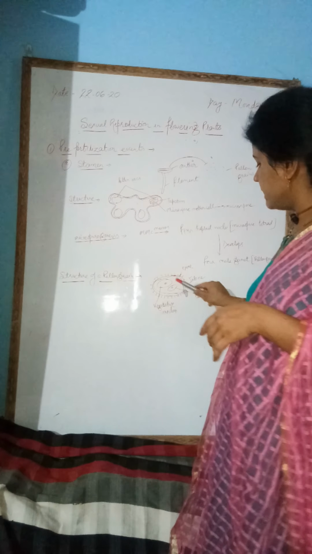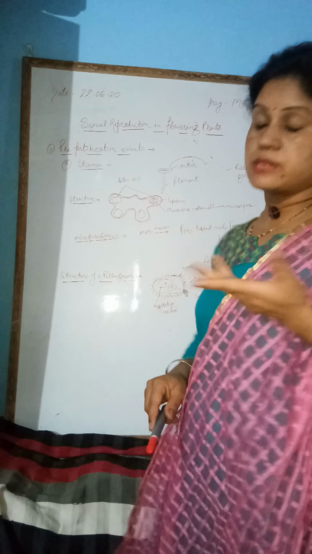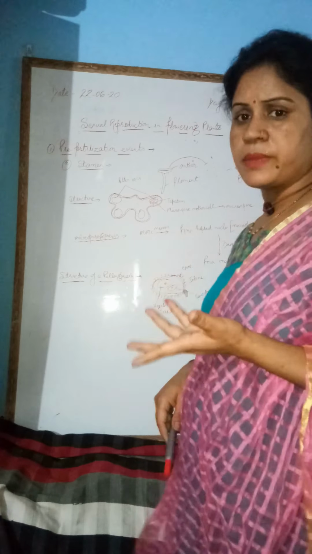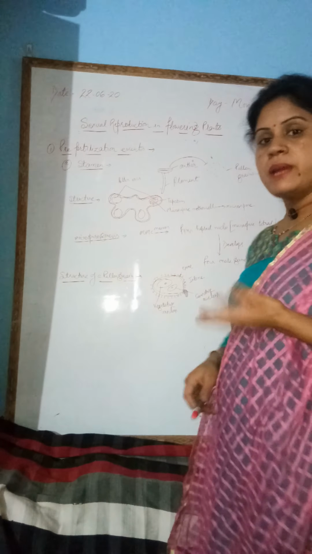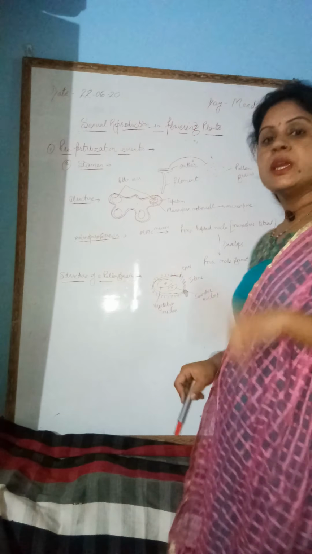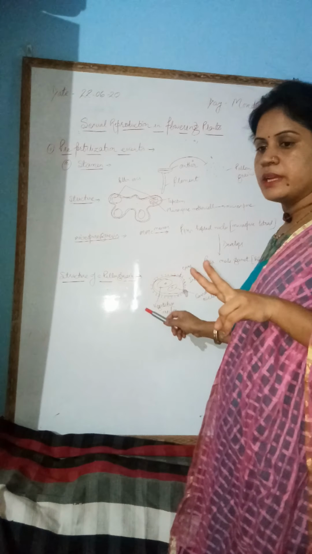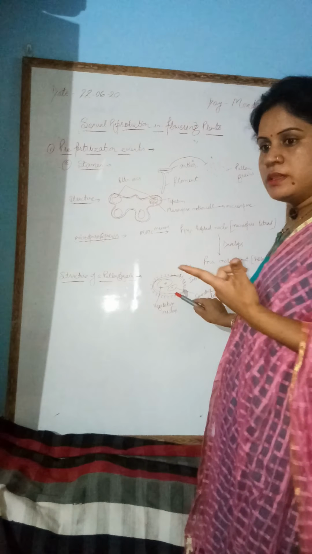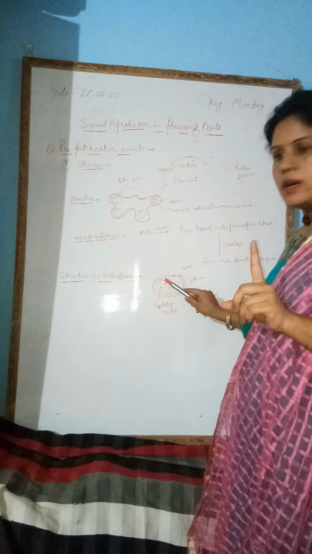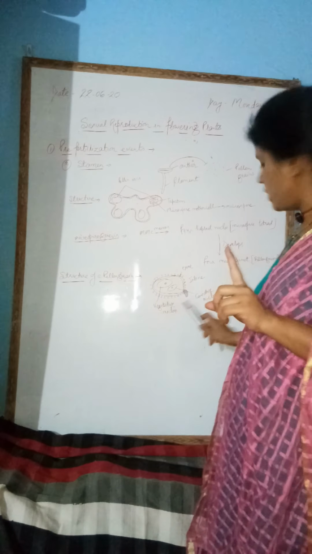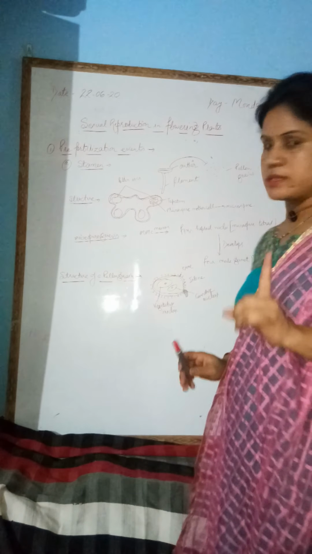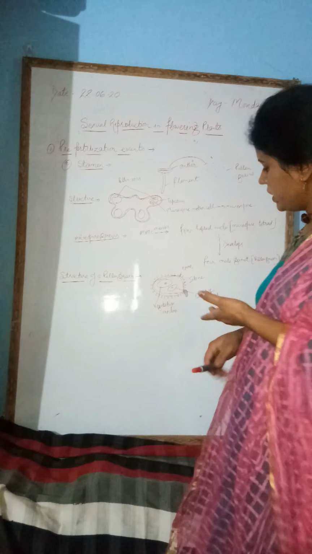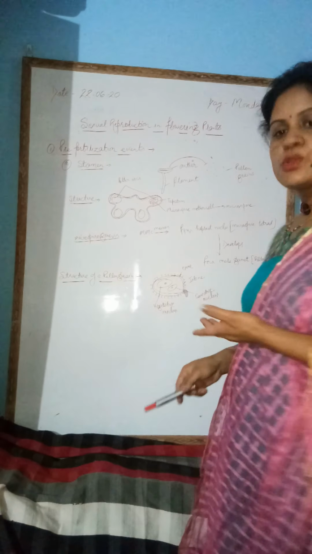Inside the pollen grain there is cytoplasm, which is very fluid, and inside the cytoplasm there are two nuclei: one big nucleus and one small nucleus. The big nucleus is called the vegetative nucleus and the small nucleus is called the generative nucleus. Later we will learn about the structure of these two nuclei.